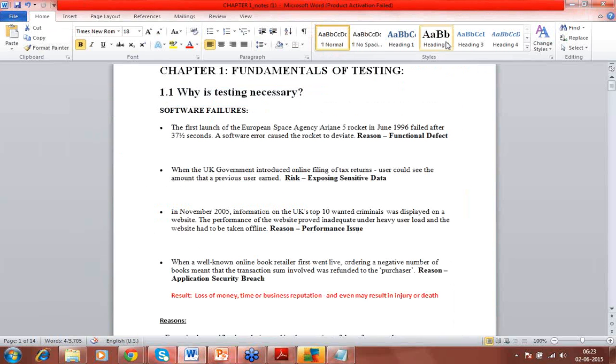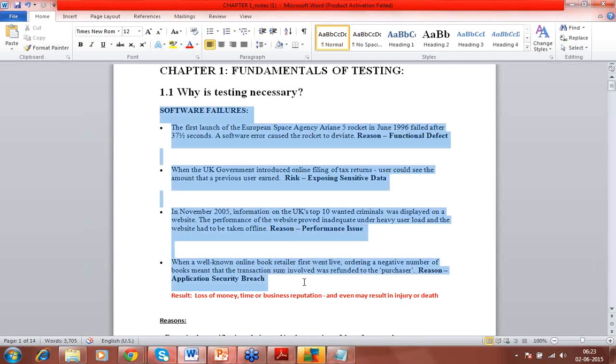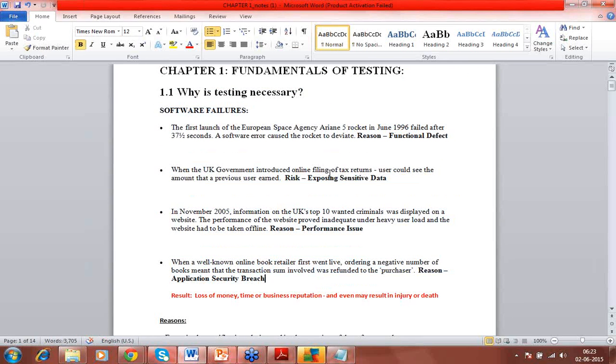So now, considering all that, let's try to understand all these things. To understand why testing is necessary, we have put some classic applications wherein you will understand the different functional or security related problems that have arisen. The first example: the first launch of the European Space Agency Ariane 5 rocket in June 1996 failed after 37 and a half seconds. As soon as it got launched, within 37 and a half seconds, it failed,